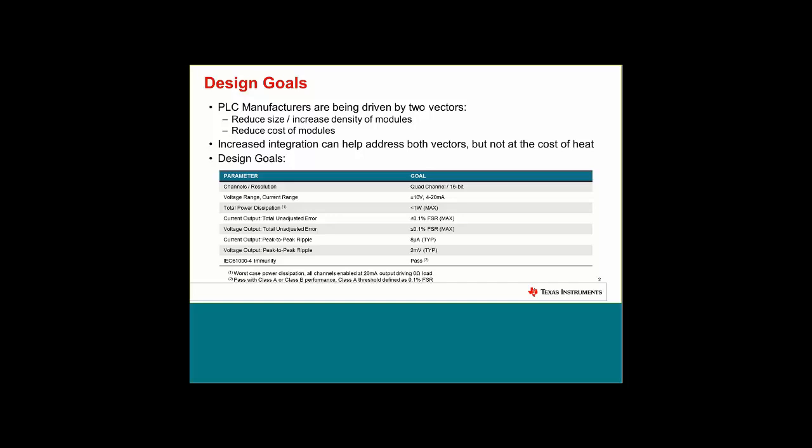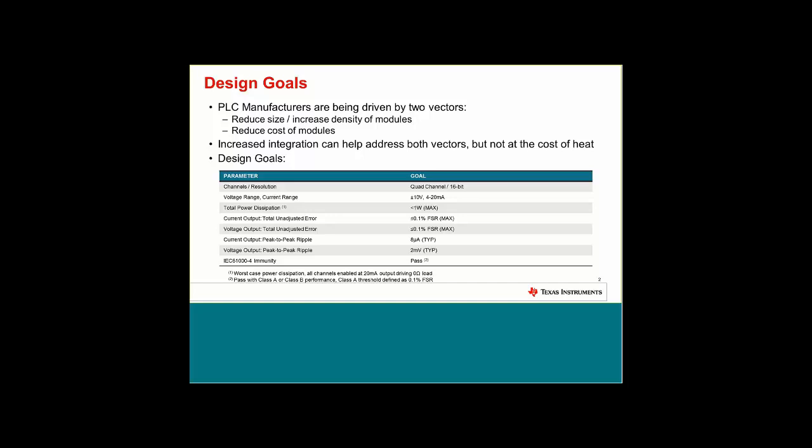And you'll notice maybe some clues into how we're going to achieve this by the notation of peak-to-peak ripple goals for the current output and the voltage output. Because we're going to have to utilize a switch mode power supply in order to realize the efficiency we need to hit less than 1 watt of power. Certainly couldn't do that with an LDO. And at the same time, we have to be mindful that